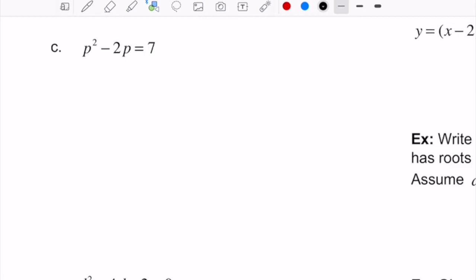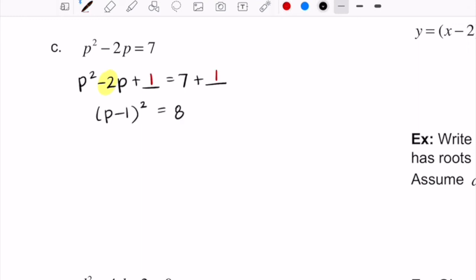On example C, my b term is an even number, and so I'll solve this one by completing the square just for the sake of an example. You want the 7 to be on its own side of the equal sign. And so the first thing that you'll do here with completing the square is you'll create the blank space. Remember, to complete the square, you take half of your b term. This is your b term right here. So you're going to take half of that, so negative 1, and then you square it. So negative 1 squared is positive 1, and that becomes the value that you add to both sides of the